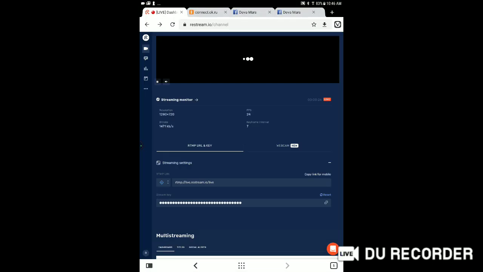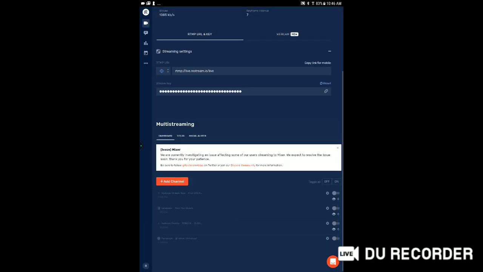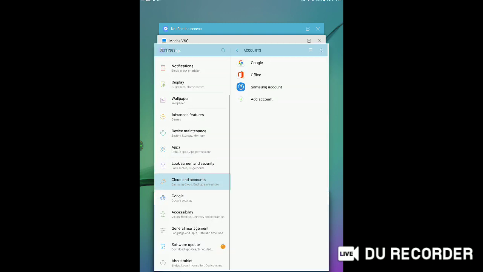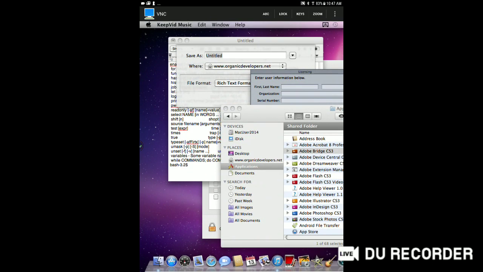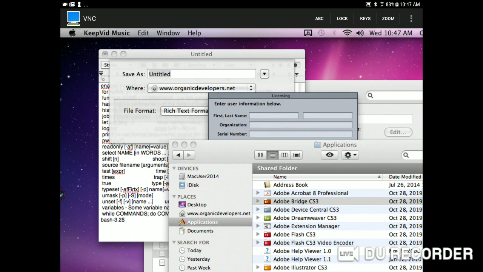Okay, so we are testing out a new tablet, a new Samsung TM713S2, and what we are doing is we are streaming an iMac via Android. This app is called